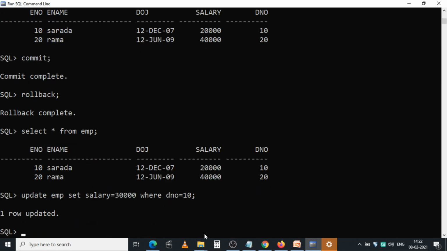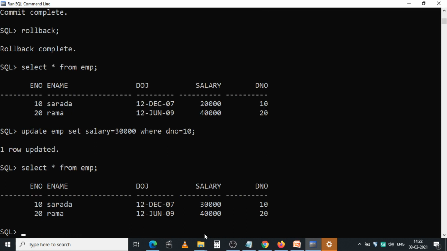So how many records are updated? One row updated. Just see this output by using select star from EMP. So here the 20,000 is updated to 30,000.